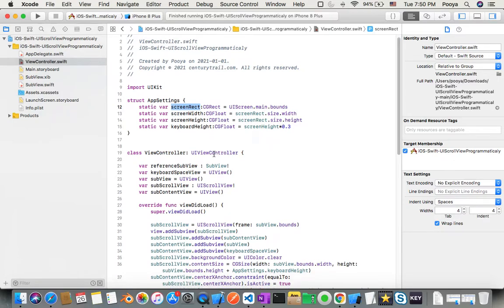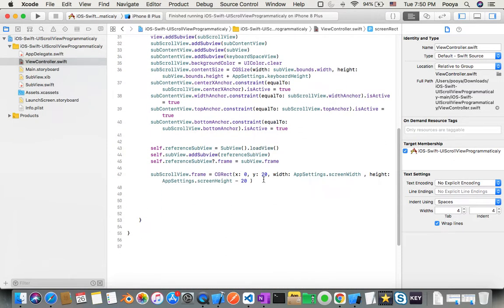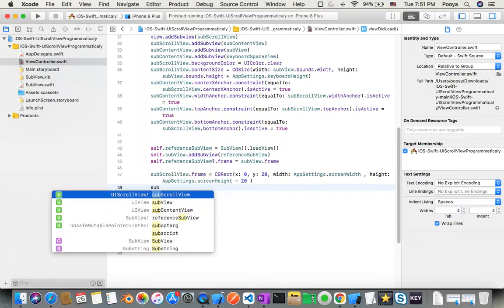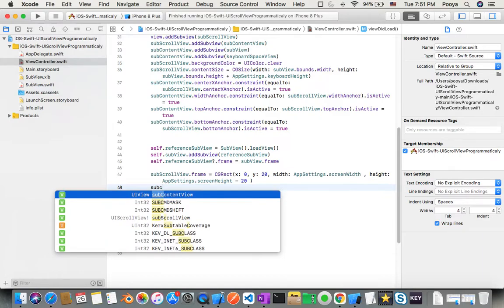So from my main bounds I'll do this. Okay, so after that I said what is the frame for subScrollView, then I'll go for subContentView,